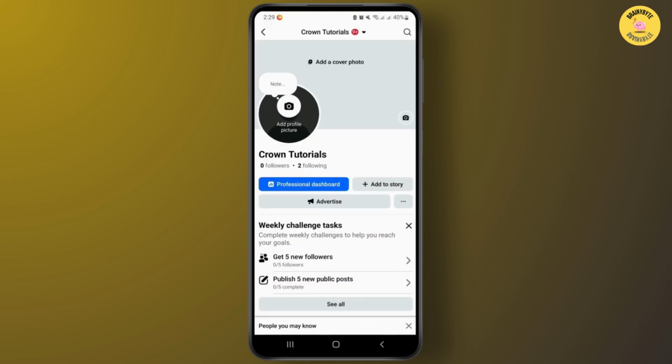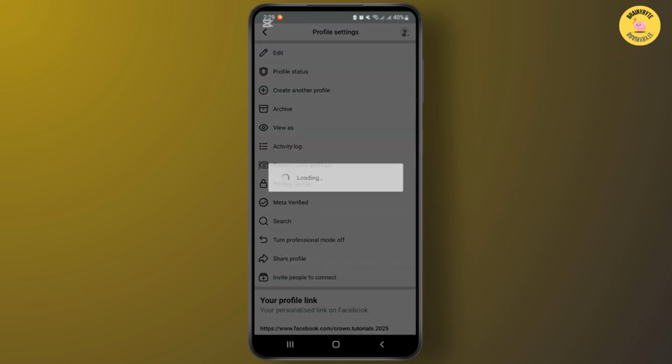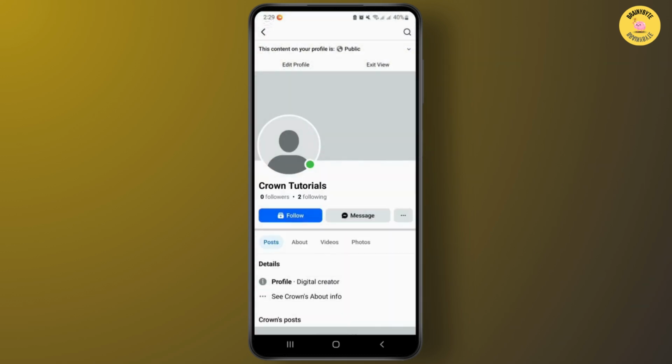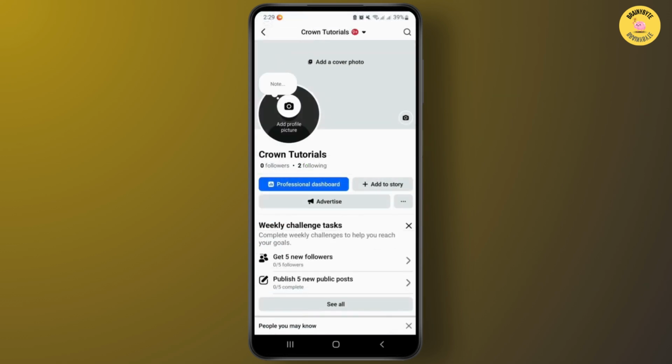Alright, so now from here I will show you that I'm getting options like follow. For that you'll have to just tap on the three lines, and now from here in View As, you can see that the follow button is activated on my profile. So now to turn this off, you'll have to go back from here, and now from here you'll have to